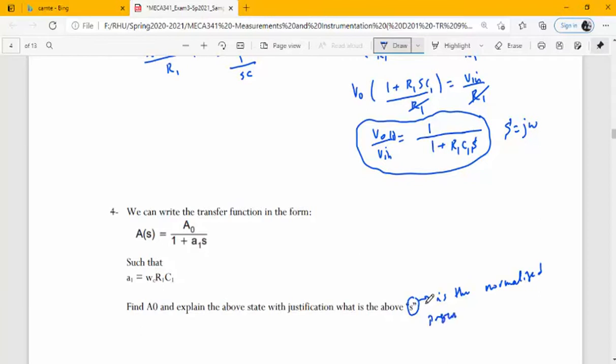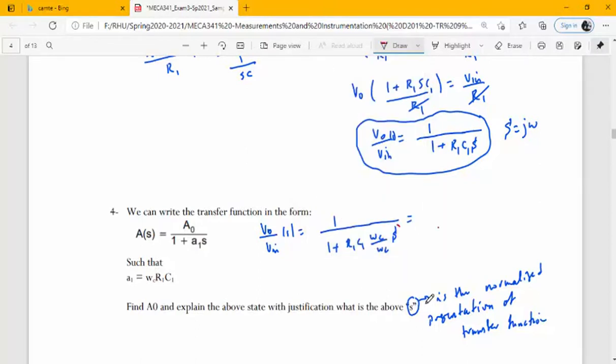presentation of the transfer function. So we want to express the frequencies as a ratio with respect to the cutoff frequency. Okay, transfer function. So we can get this transfer function V out over V in, of course, in the S domain. This is equal to 1 over 1 plus, we can multiply by omega C up and down in the numerator and denominator, omega C over omega C capital S. Okay, so the S,